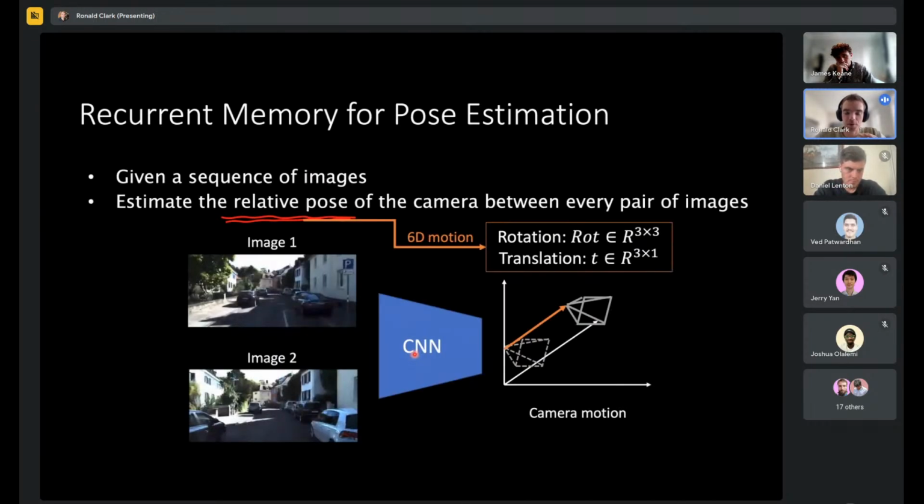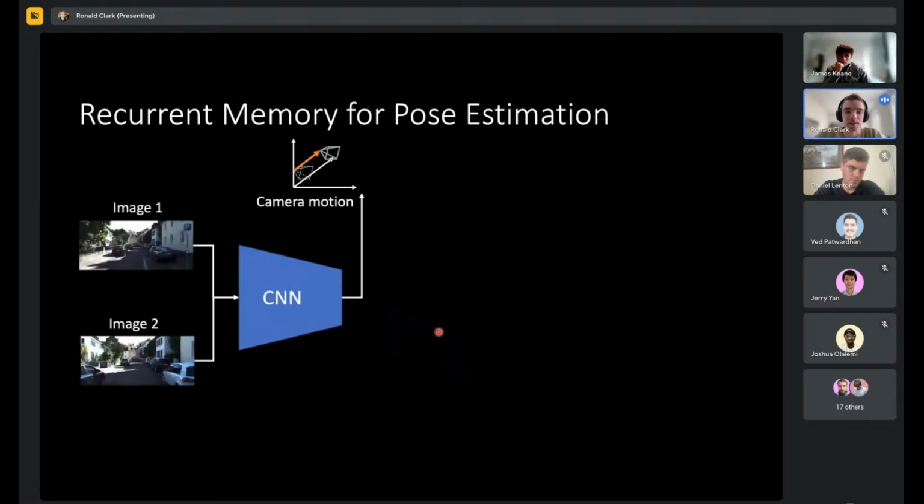So using the CNN with the two images stacked as input gives some reasonable estimates. But with this learning-based approach, the estimates that you get aren't as accurate as the traditional geometric-based ones. So while the CNN can learn to be more robust, it isn't more accurate than traditional estimators. And one reason for this is that it doesn't take into account the sequential nature of the